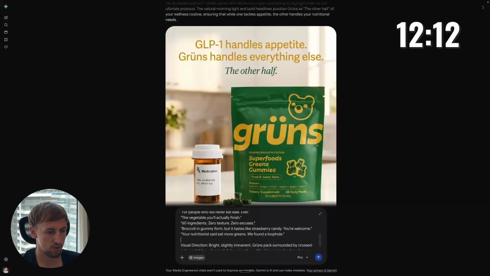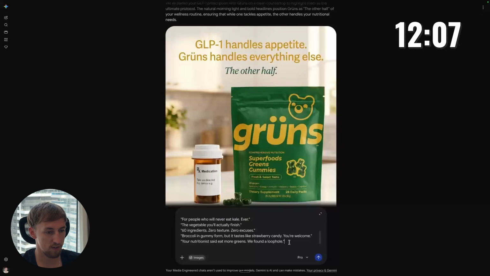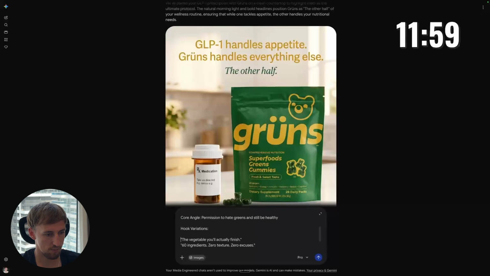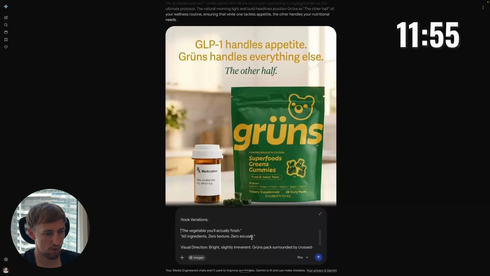Your nutritionist said eat more greens. We found a loophole. So I think, to be honest, these are all interesting hooks that I would like to test. Let's see which one we could actually go for here. It's between these two. The vegetable you'll actually finish. Since this is targeting people who hate greens, they genuinely don't like greens, they've tried powder before, I think the